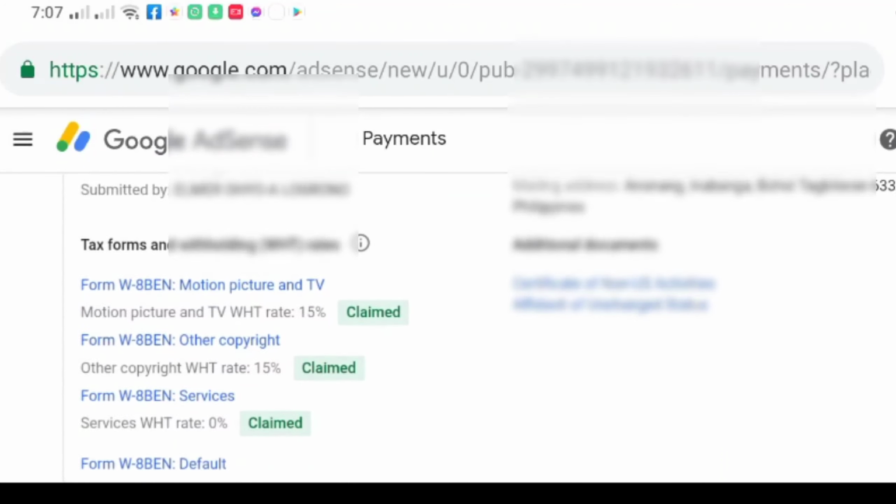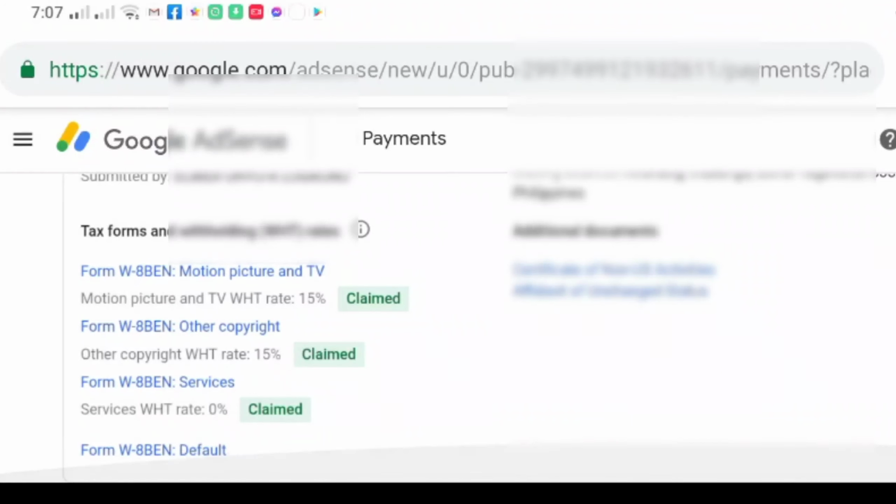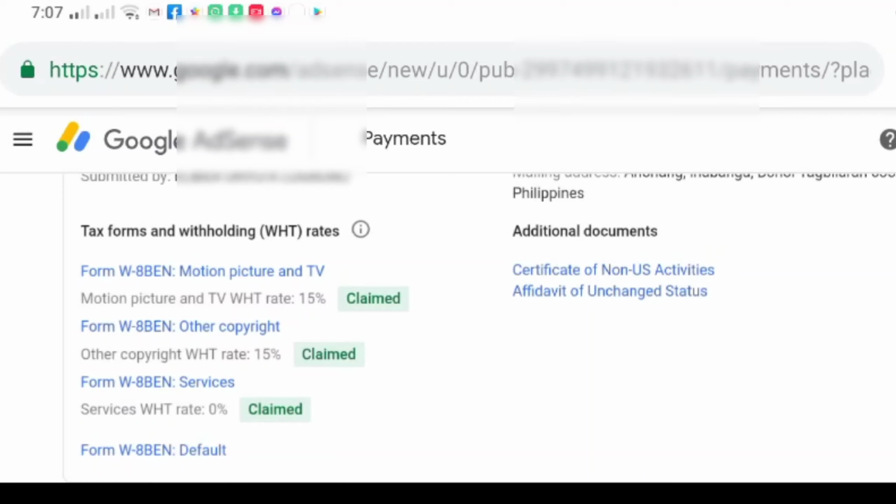Perfect na po siya. Nakapag-sign na po ako ng tax info sa ating Google AdSense.